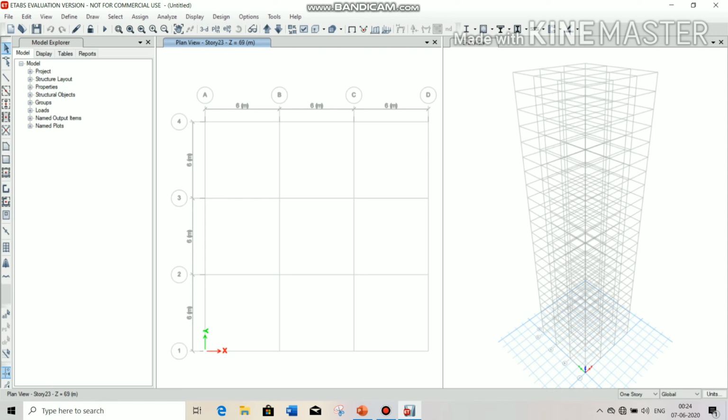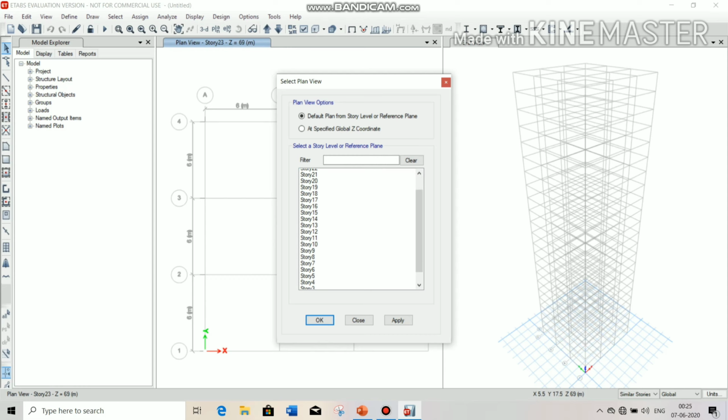For that, first choose the similar stories option which is in your right hand bottom corner, and go to one story option. For that, select plan view and here choose one story and click on OK.